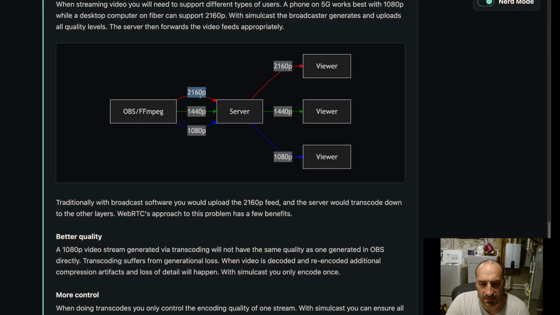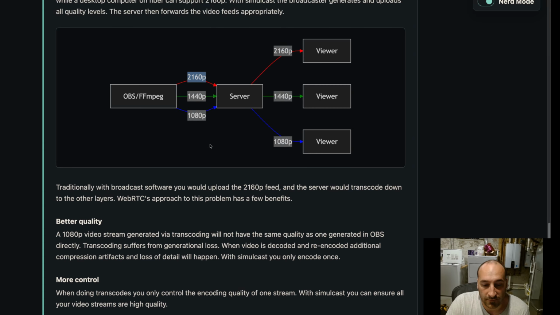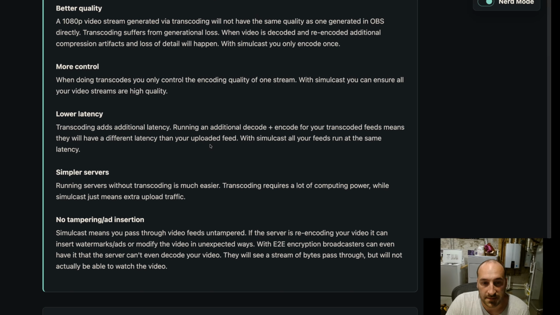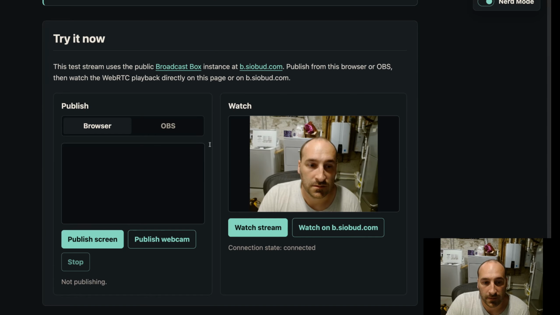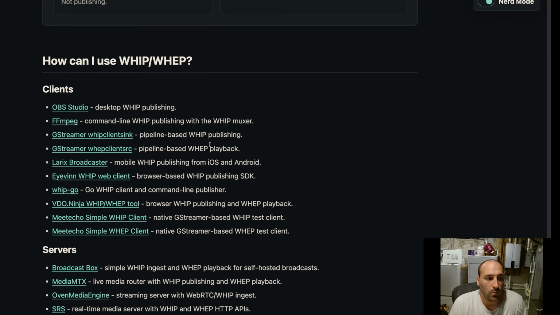One caveat to this would be that if you are upload bandwidth constrained, this could be more taxing on your network. I don't have an answer for that. Like, my hope is that with more advanced bit rates, that this is less of a problem. Yeah, and so that's really like the gist of why I'm excited about WHIP and WebRTC.